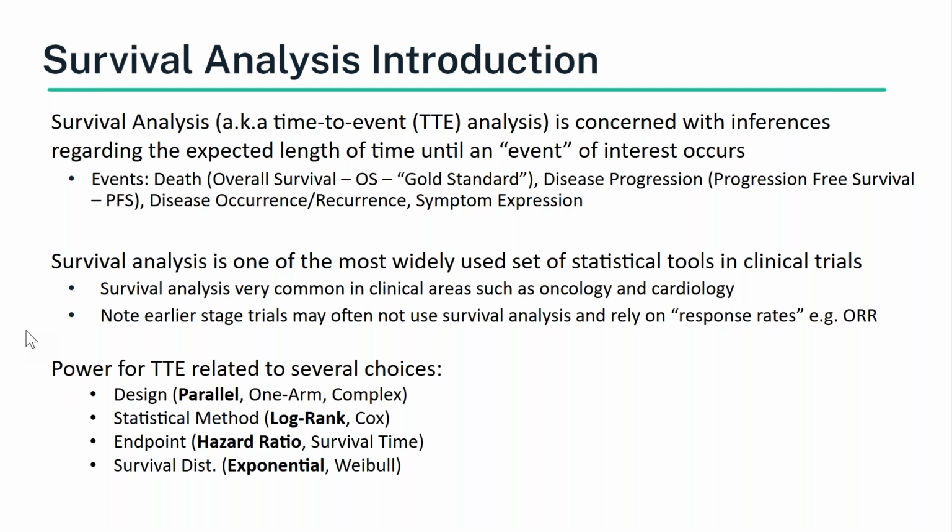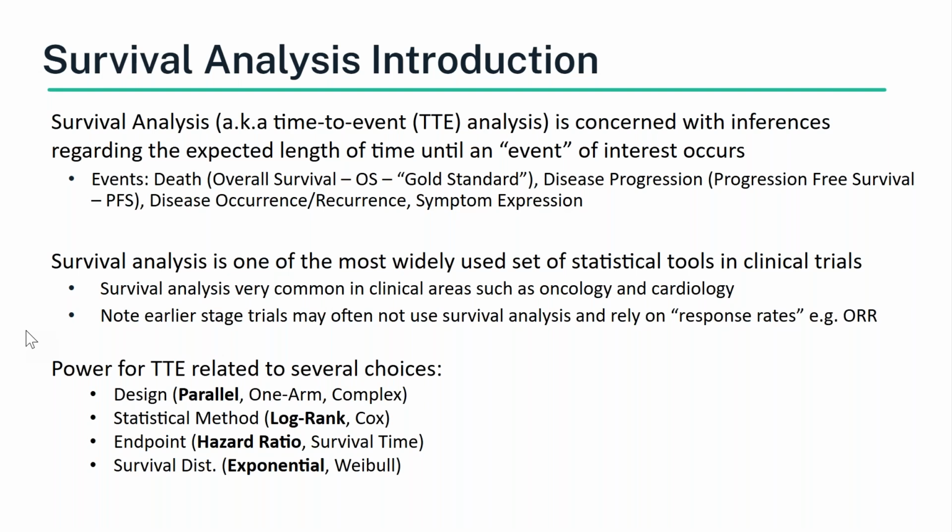Lastly, then, is how you want to describe your survival distribution. The simplest way of doing this is defining it using the exponential distribution, but there are other distributions available, like the Weibull distribution listed here. This allows you to add a time-varying hazard rate, and this ties a lot into